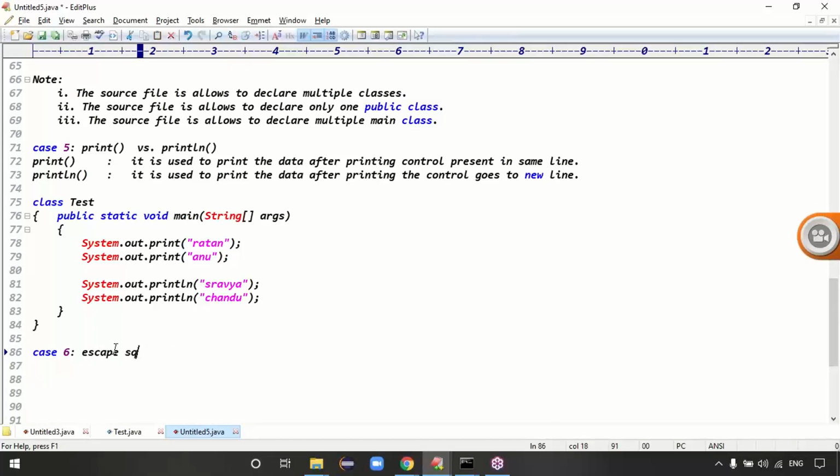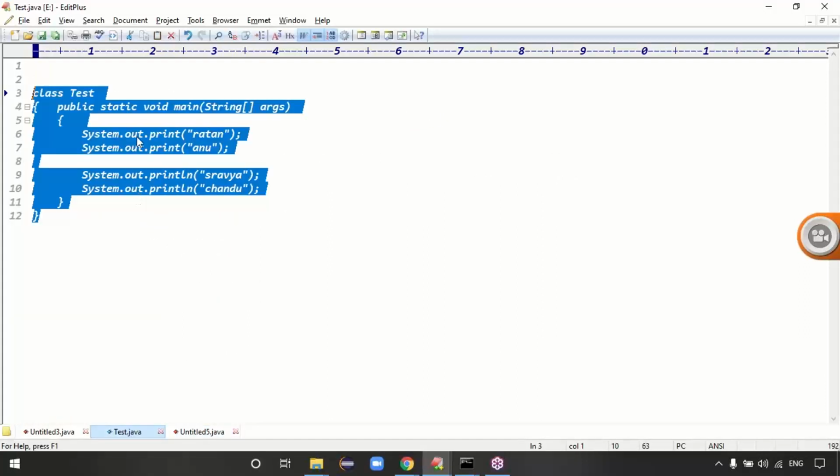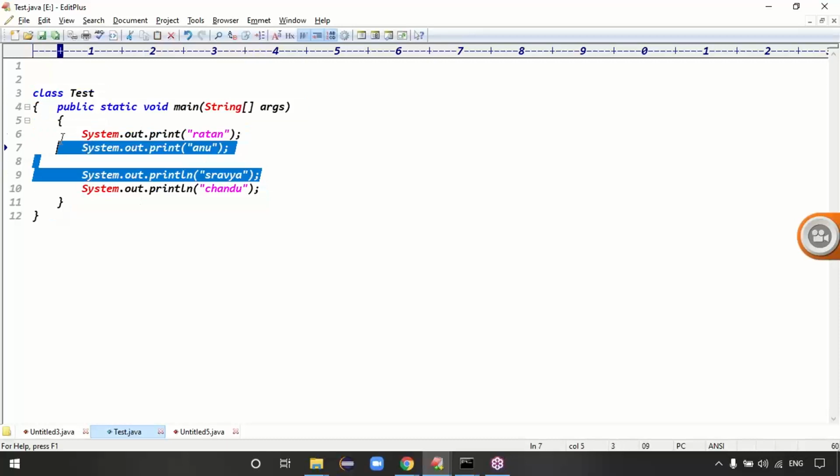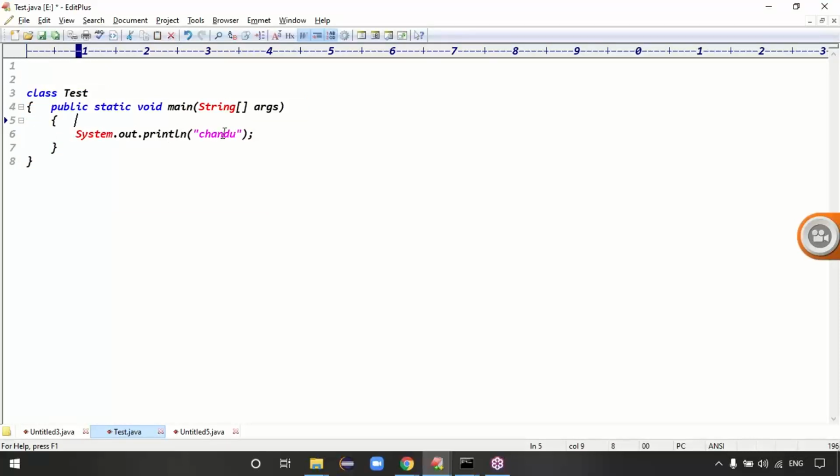Escape sequence characters. Basically, the advantage of escape sequence characters is, for example, here I want to print